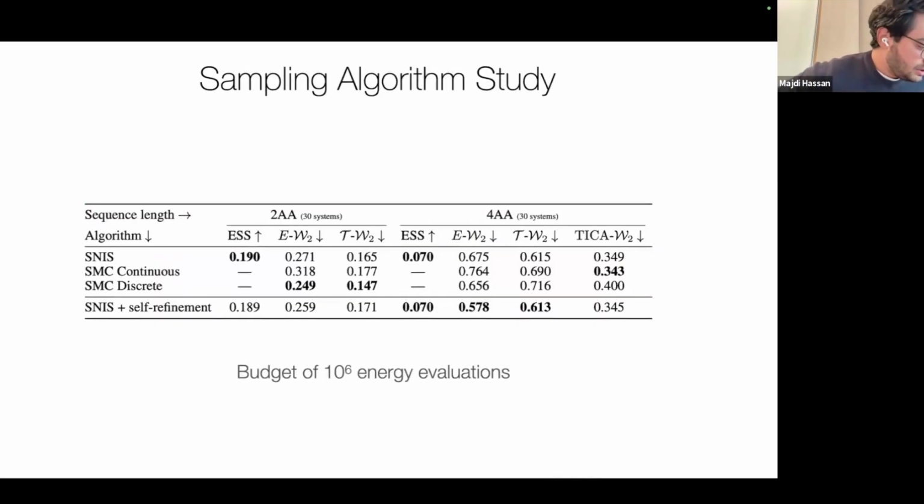And then lastly, we investigate Prose as a good proposal. So we have seen that Prose gives a pretty strong proposal, and we are investigating all the different sampling algorithms accordingly. So we compare self-normalized importance sampling to different SMC variants. We have the continuous time SMC that Charlie presented, but we also have a discrete time version, which is